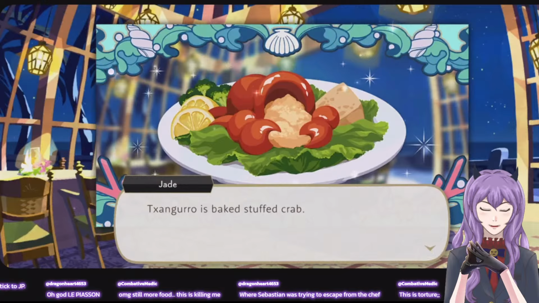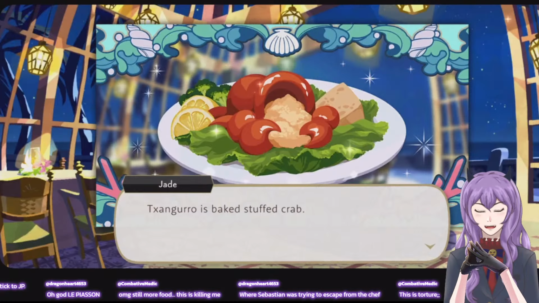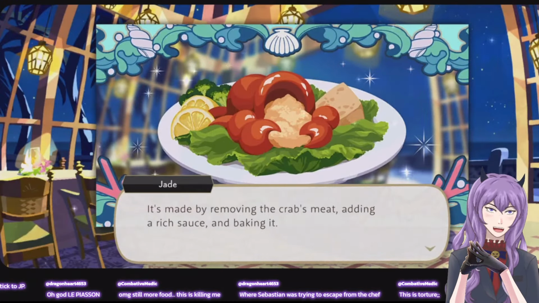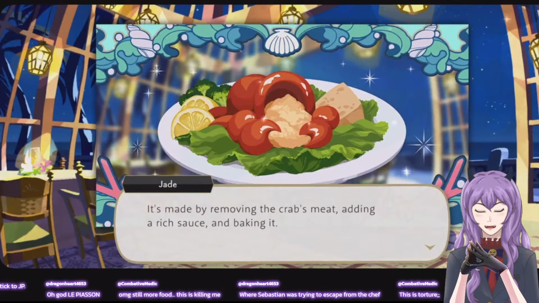Oh, still more food. Yeah, honestly, Twist loves going over very detailed descriptions of food. I really enjoy it, but it does kill me where I'm like, oh, I just want to eat it. I just really want to eat all these tasty looking dishes. It pains me because I can't get any of these dishes where I am. What am I gonna do? I can't actually go out and get it for myself.